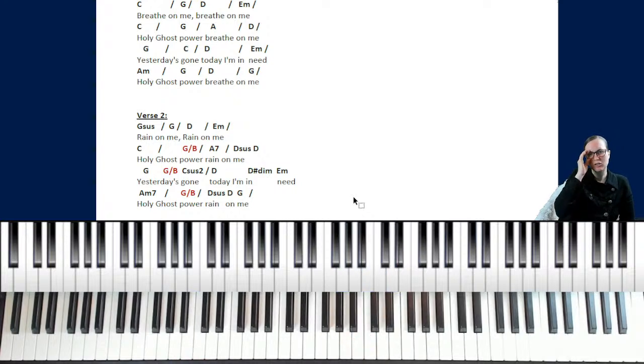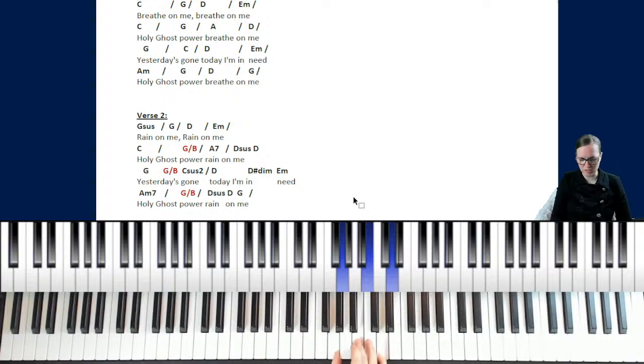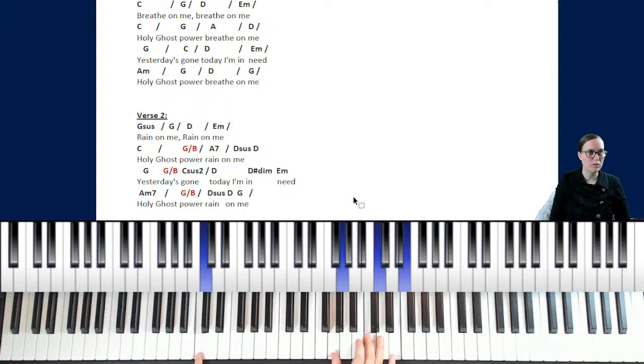So we're playing a G chord, but we're just changing the left-hand note to be a different note from the chord. So instead of playing a G chord like this with a G on the bottom, let's just pick a different note. We know G over B is very popular, so we'll try that. It'll still give the same sound as a G chord, but it's just a little bit of color. Holy Ghost